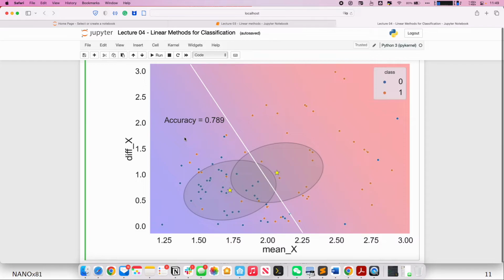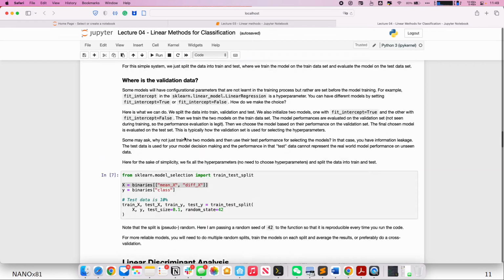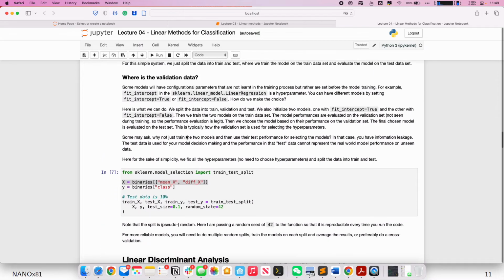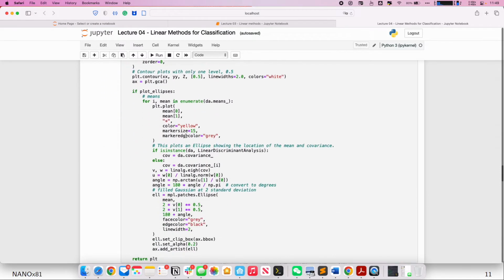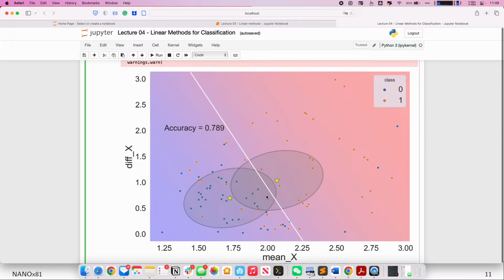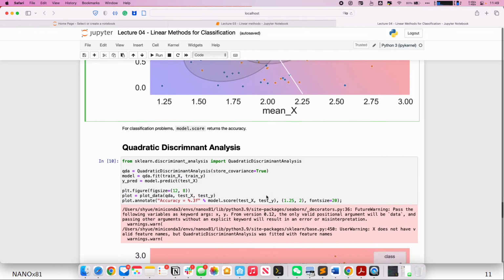And you notice that this plot has relatively few data points compared to this plot. The main reason is that it is just 10% of the data points. Okay, so this is the test data only, right? I didn't plot the training data. Okay, any questions regarding the LDA? No? Okay, so